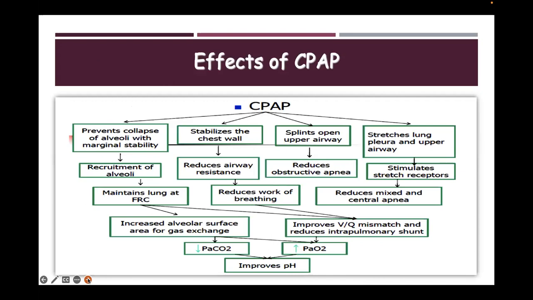What happens with the CPAP is it delivers a constant distending pressure, which recruits the alveoli, thereby establishing FRC, improving